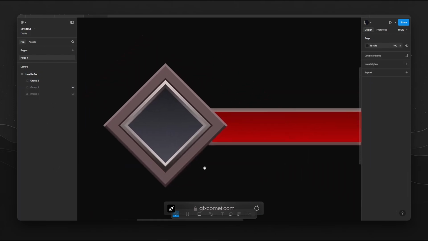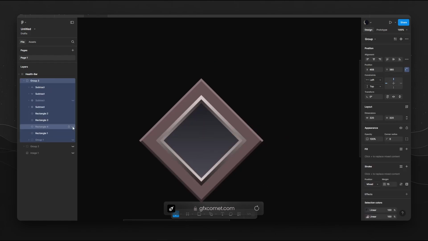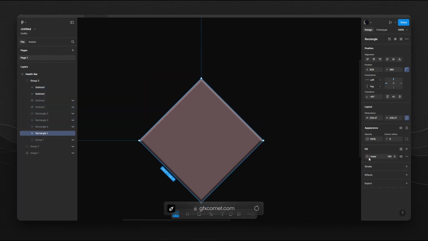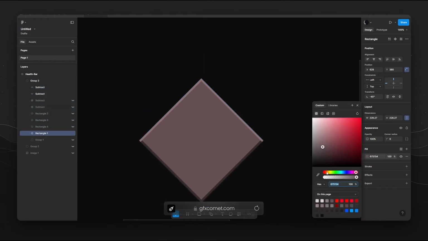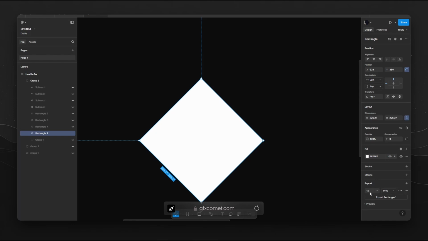Now we're going to start by converting everything to white. Okay, so for example, let me think. Let me hide this, this, and this. Okay, so we're gonna start with the first rectangle. We're going to make this completely white. Okay, we're gonna hide these two, and we're gonna go export right here, and we're gonna go export rectangle 1, or we're going to name this our health